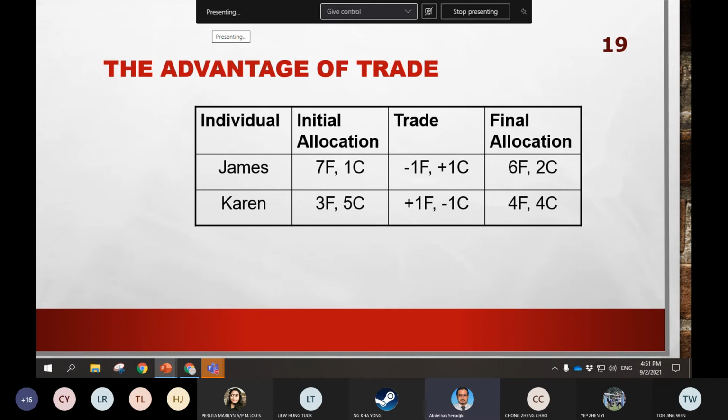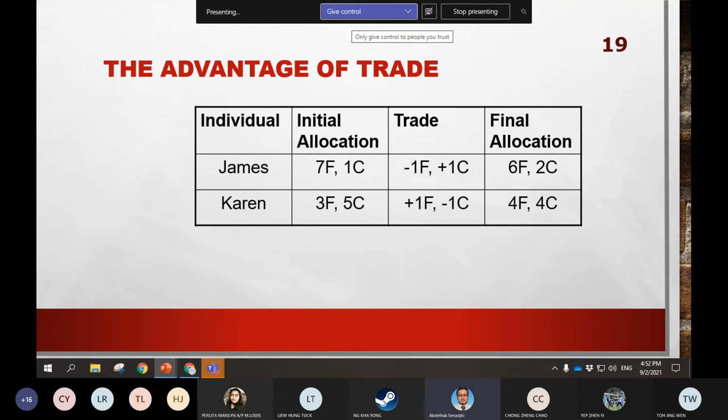However, for James, let's assume the marginal rate of substitution of food for clothing is only half, meaning that he will give up only half a unit of clothing to get 1 unit of food, because he does not have too much clothes, he has only 1. So he cannot give it all. He says, okay, I give half clothing, I will get 1 food, because actually he has a lot of food. So here the question is,